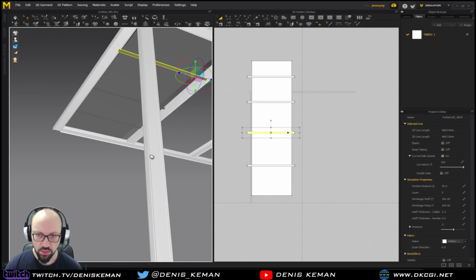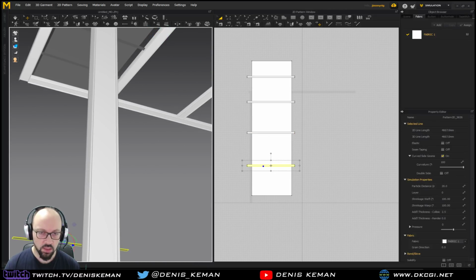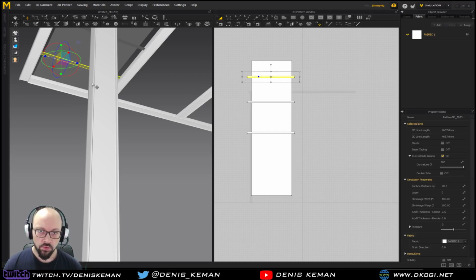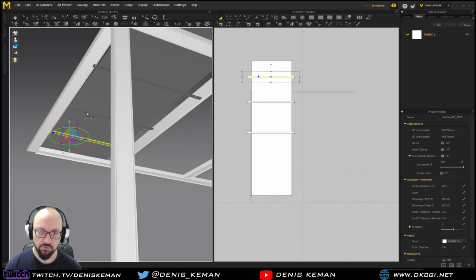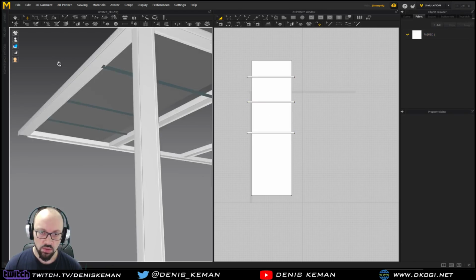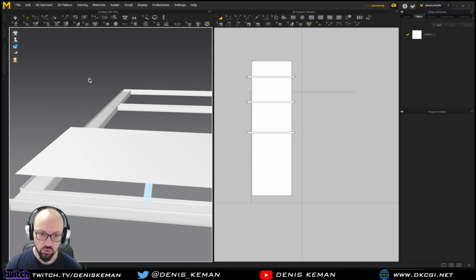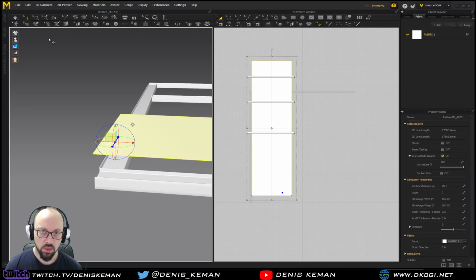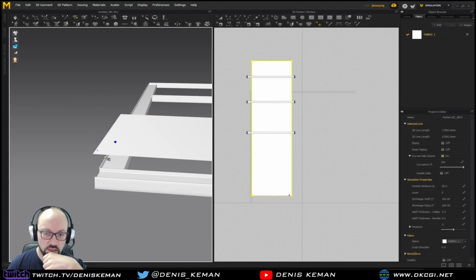And once you get that, it's simply just going in and, for example, since I don't have actual geometry to hold this thing, I'm going to use these guys and freeze them in space. So now they're going to be used as actual collisions. And for this, I'm actually going to use the tack on option. So I'm going to tack this thing to